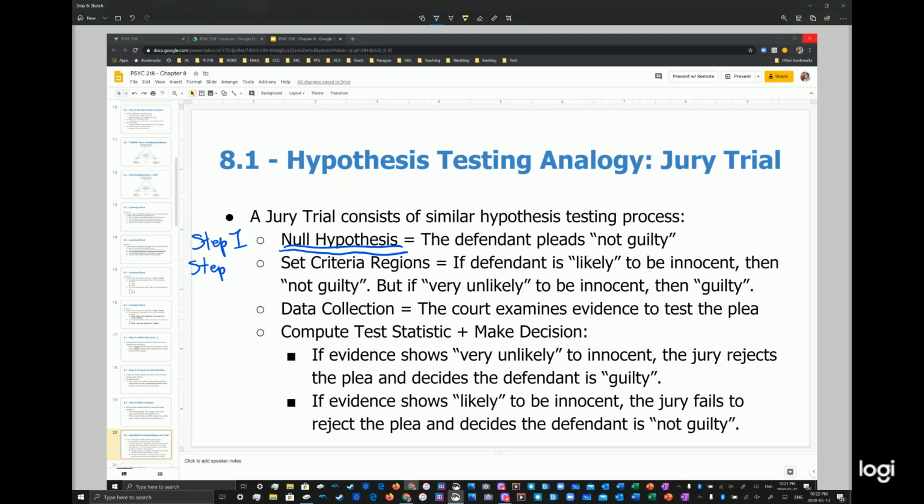Step 2, well, we've got to decide how much evidence we need in the court for the jury to say, yeah, this person is either innocent or guilty. The jury has to decide. So this is where the jury would go, okay, how much evidence do we need here? What are we looking for? So in our hypothesis testing, we would set our critical regions for us to say, what values would we consider as unlikely? What sample means would we say are really far enough away, where only 5% or 1% of the population of means in the sampling distribution would go, yeah, no, it's really unlikely? So again, if it is likely,